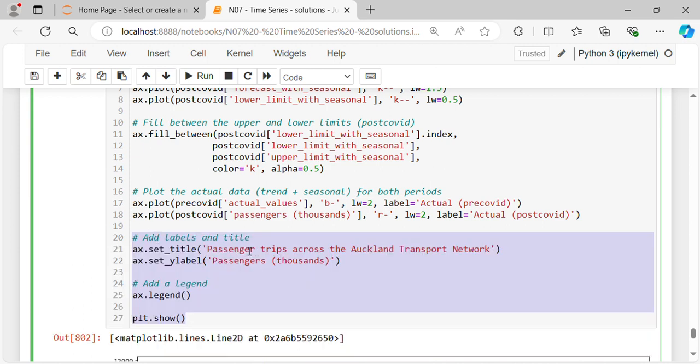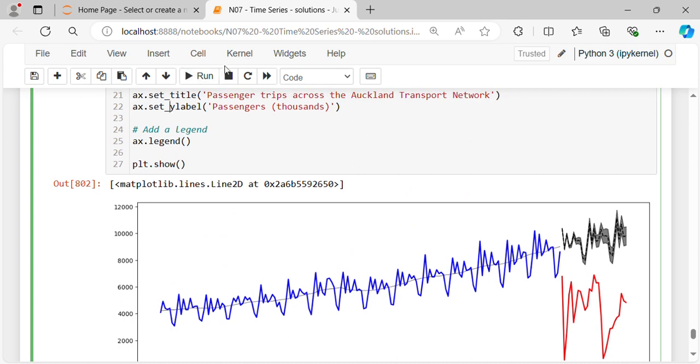Then we add labels and title. ax.set_title of passenger trips across the Auckland Transport Network. ax.set_ylabel of passengers in thousands. Add a legend: ax.legend open and close bracket. plt.show open and close bracket. And when we run that,